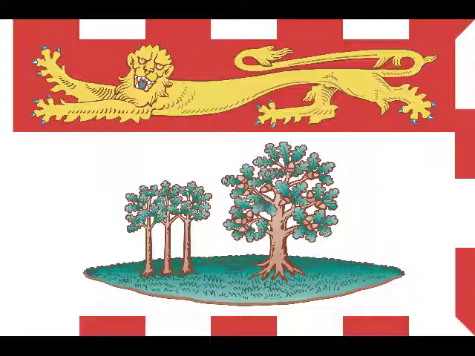The same picture we saw on one of the previous flags of one of the provinces. I can't remember the particular province.